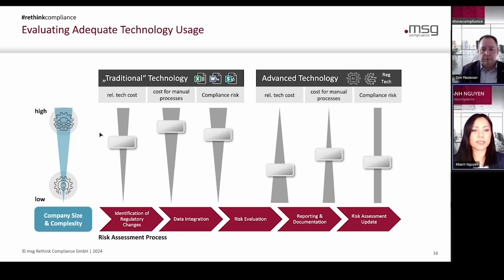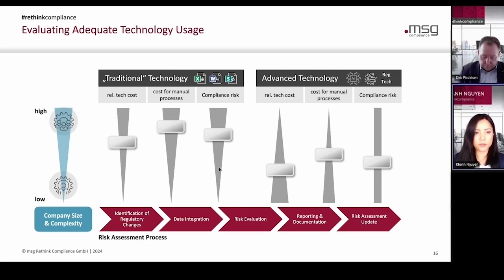The complexity can derive from the size, of course, but also the number of processes, maybe also the complexity of your product portfolio. It's quite a matter of fact that the higher the complexity you're facing, the more you are required to use advanced technology.